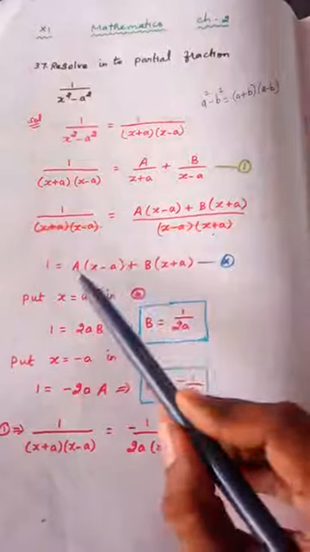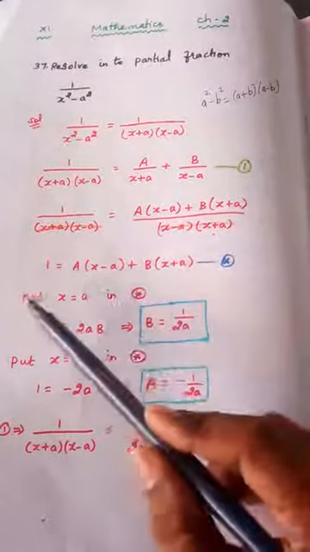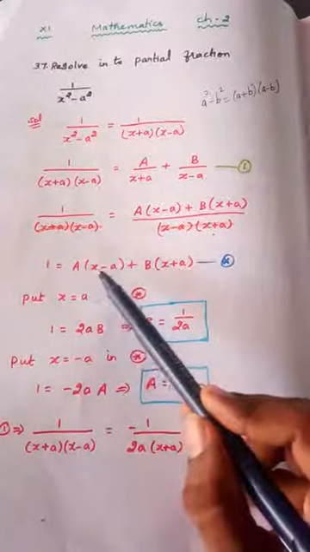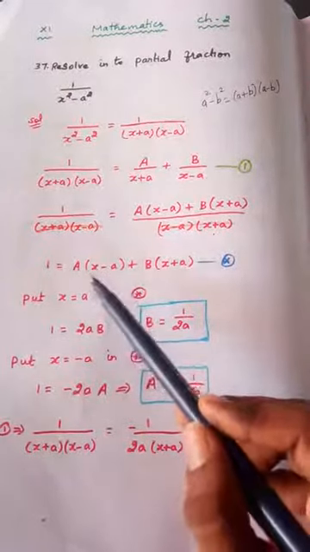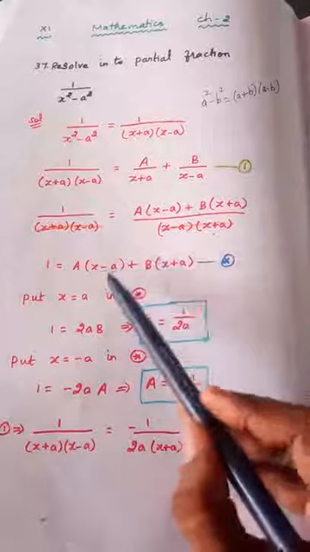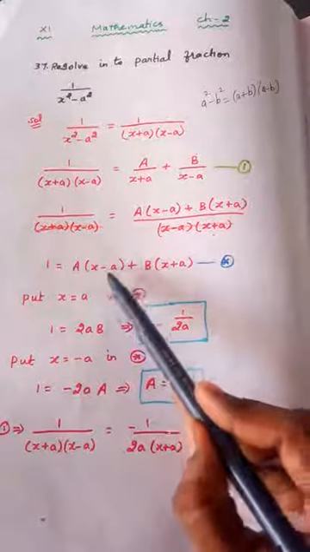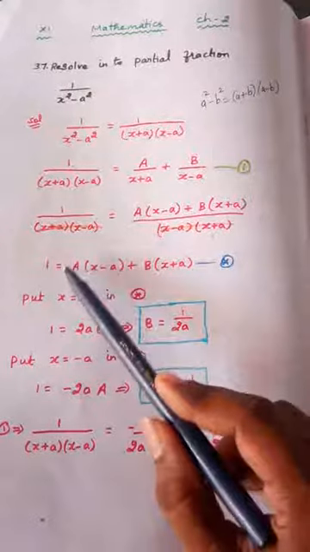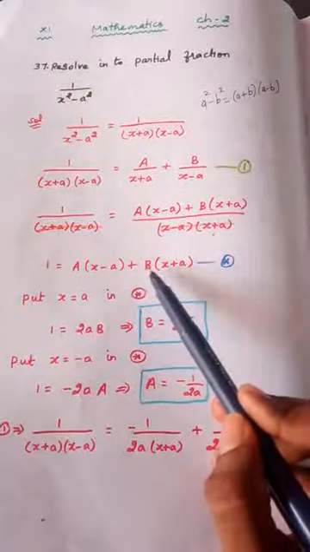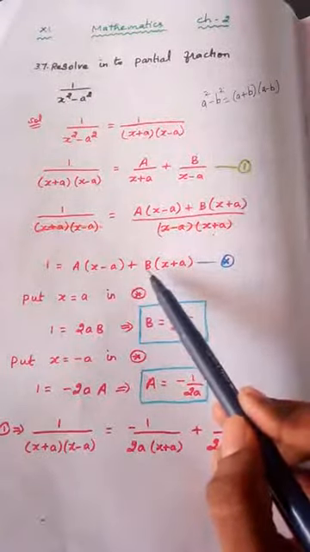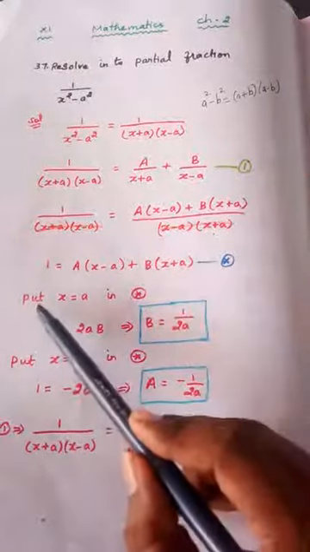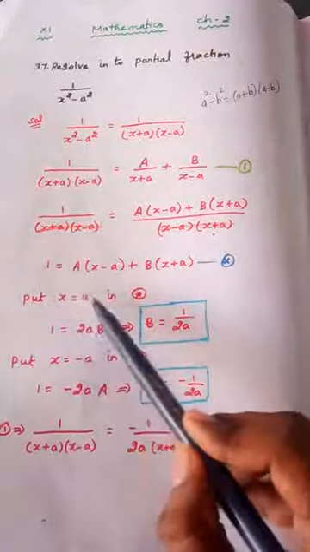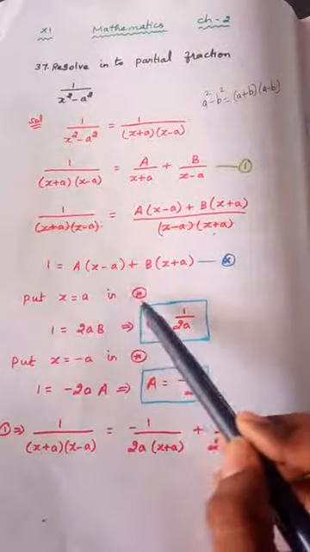Now to find A value and B value, I am going to choose a value for myself in place of x, so that we can easily find out A and B. Since x minus A is present, if I put A here, A minus A will become 0, so this entire term will go. From that I can find easily the value of B. So with that in my mind, I am using x is equal to A in star. So put x is equal to A in equation star.